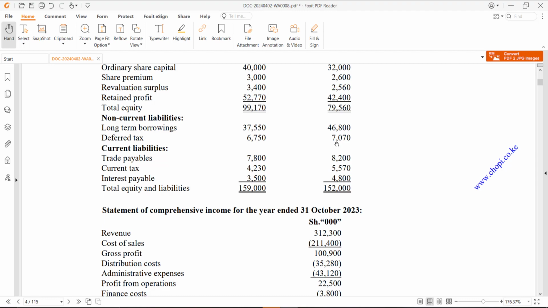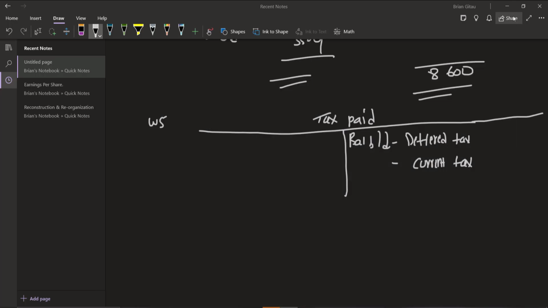Here it is, 7,070. The current tax is 5,570. And we have the balance carried down. The balance carried down in this case, we have it as 6,750